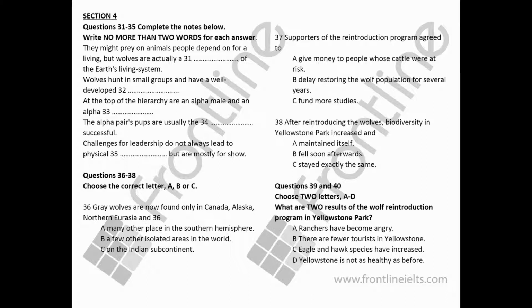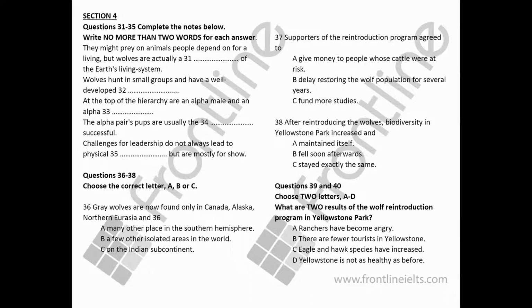In the United States, local ranchers around the Yellowstone National Park area refused to allow any wolves back. Supporters of the program knew that without cooperation from ranchers, the wolves would likely be shot and killed. Those supporters knew how important the program was and agreed to compensate ranchers for livestock lost to wolves. This important compromise paved the way for the reintroduction of wolves to Yellowstone in 1995, where they hadn't been seen for over 70 years. The reintroduction has been a great success.